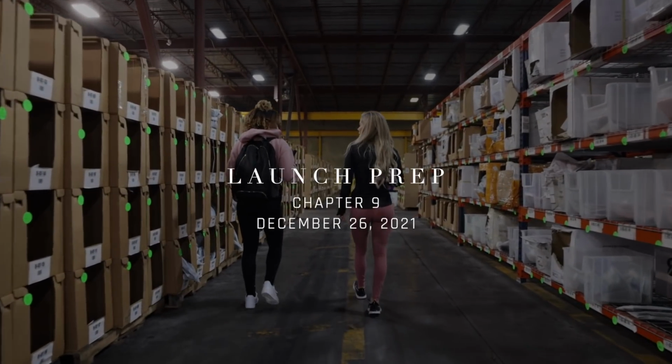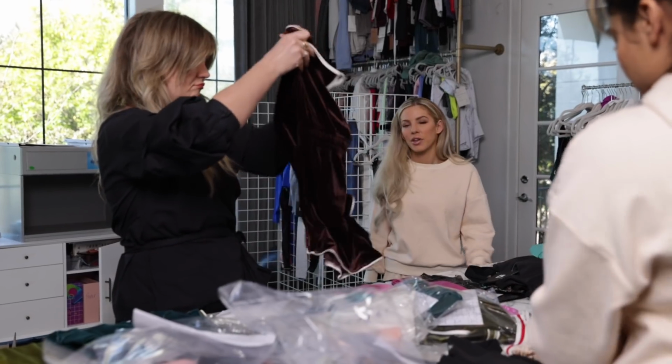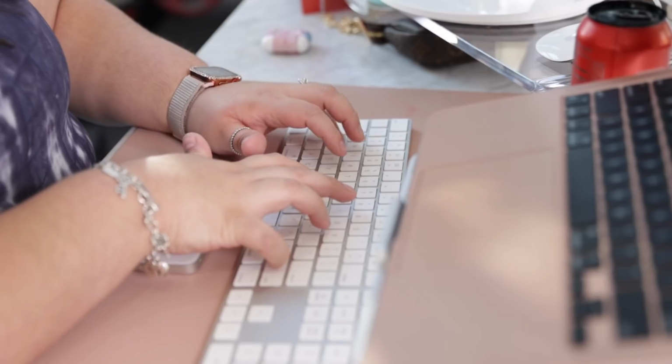Prepping for a launch is a lot of moving parts. So this is where you're actually utilizing every single department in the company at the same time. The preparation for a launch is about 3 months. So as soon as the fashion team hands everything over to operations and the rest of the departments, that's when